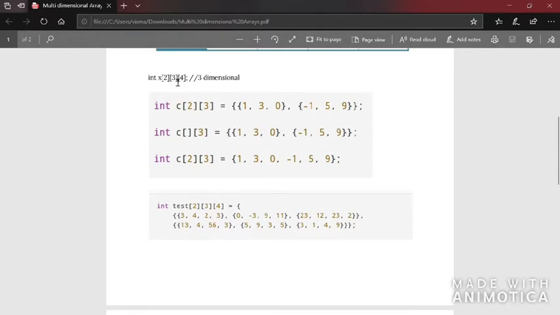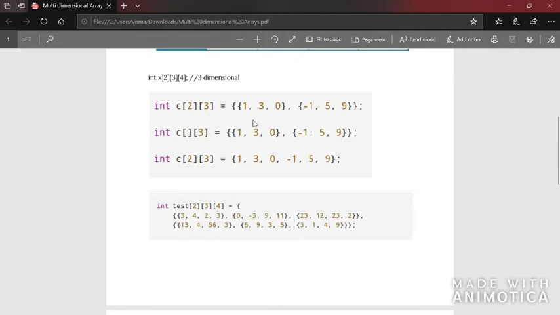Now take it and make it 4, that is, 4 of this kind of arrays, and keep them one behind the other. How will it look? It will almost look like a Rubik's cube. That is how it is going to be. That is, it is 3-dimensional. It is 3D form.